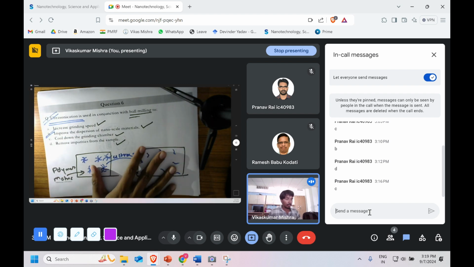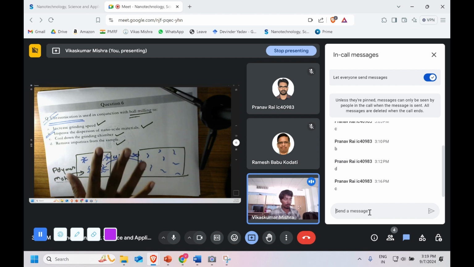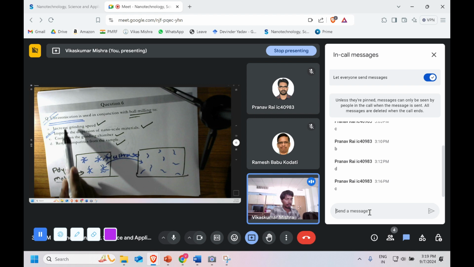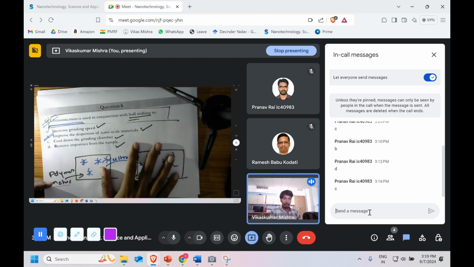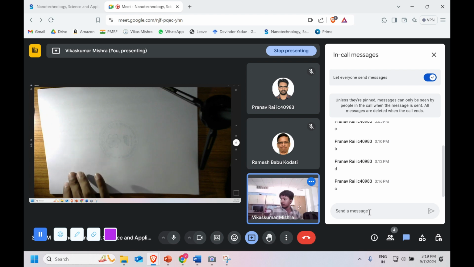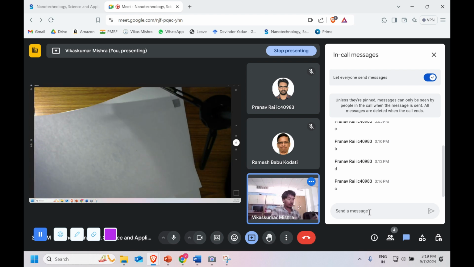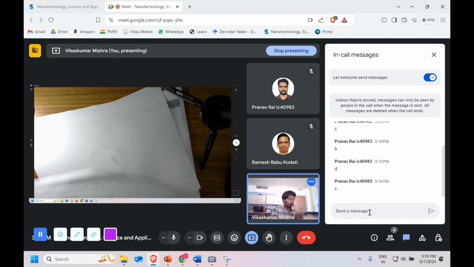I did not do much in that. I just picked up this question from the lecture, the concept which we have learned. As it is, this particular sentence, you will find that it was spoken by our professor. If there is any doubt, please let me know. Meanwhile, let's move to the next question. Question number 7.